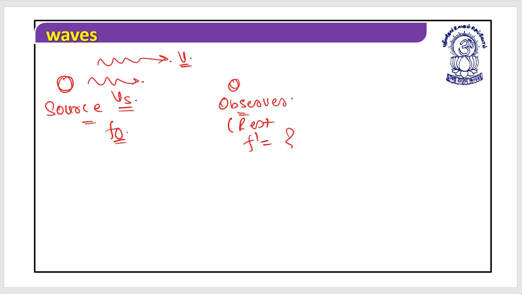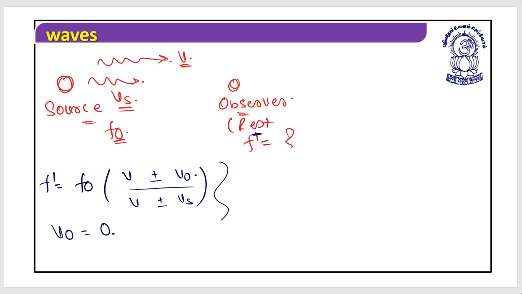This is the requirement. So what we are supposed to do is use our standard relation: f' = f0 × (v ± v0)/(v ± vs). Now for this situation, first, the observer is at rest, which means v0 is 0, and for the rest of the terms I need to write f' = f0 × v upon, as I understand,